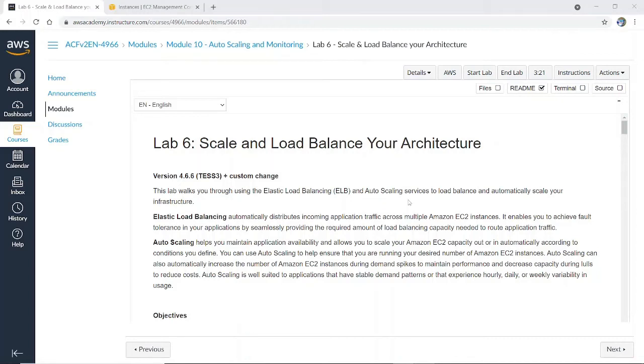Hi, this is Jared from class 257, and this is a guide to the Scale and Load Balance Your Architecture lab. Some background to the concepts we're going to be doing in this lab are elastic load balancing and